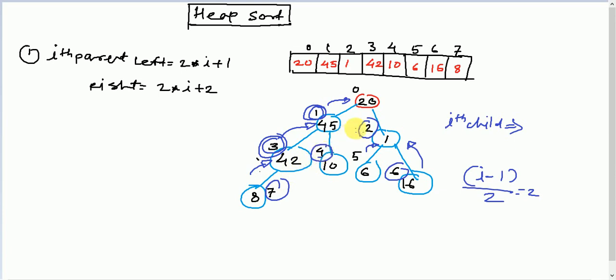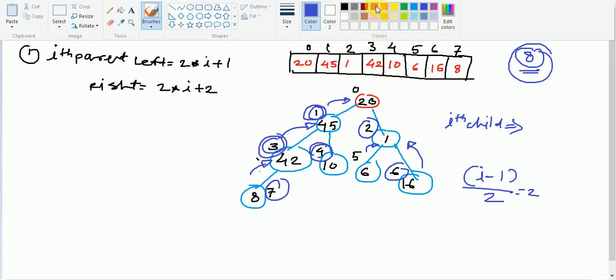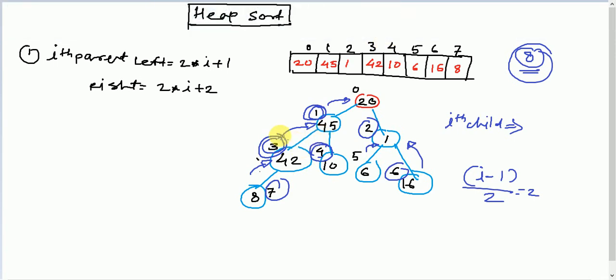Right? Now say I have given here an array of 8 elements, and I want to find out the largest index of a parent. So look at here now, index 4 is not a parent, and indexes 5, 6, 7 are not parents, they are only children. Up to index 3 they are all parents, because 3 has a child, index 1 has a child, index 2 has a child, index 0 has a child.